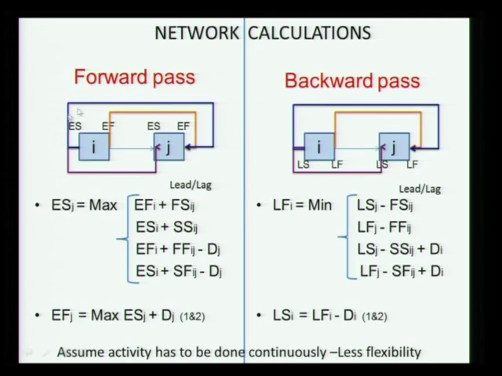Okay, so if we actually look at the calculations we have done, we have done it more out of the common sense of looking through the network, but basically we follow very similar rules to the activity on node, except that your relationships are more complex. So we did the forward pass, and I have shown you all the 4 relationships that are possible. So if this is the preceding activity and the succeeding activity, the early start of the successor is the maximum of early finish of the predecessor plus the lead or lag,